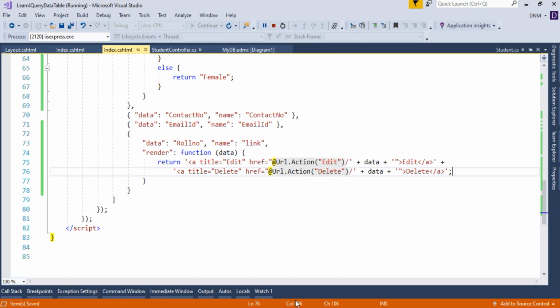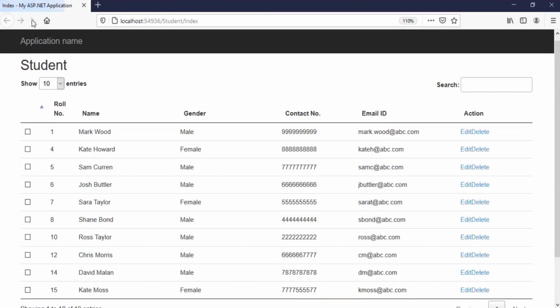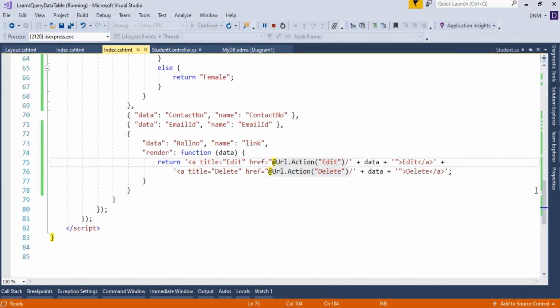And let us check it. Okay, it is available to us. Basically what you can do, you can put a space here. So what will I do? Instead of space, I'll just put a vertical bar. So it will be more readable to us.